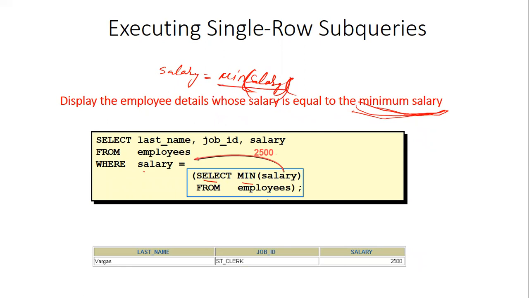In that case, it will not compute the minimum salary of all the employees. So instead of it, we are passing a column, right? In that case, we will be able to obtain the minimum salary. But if you are using a nested query, the nested query directly computes and returns the minimum salary, then we are going to compare it with the salary. Is that okay? So you can use it in this case for minimum salary as well.